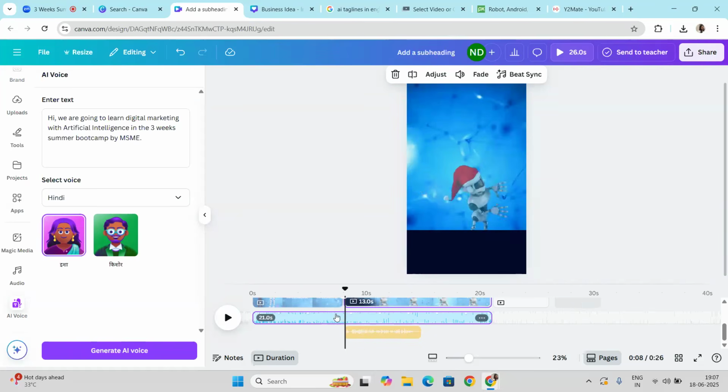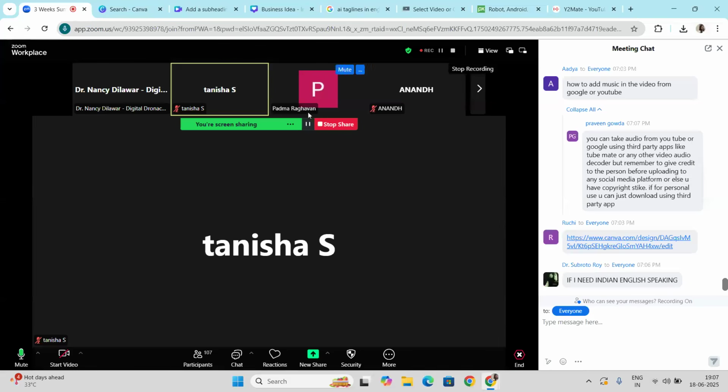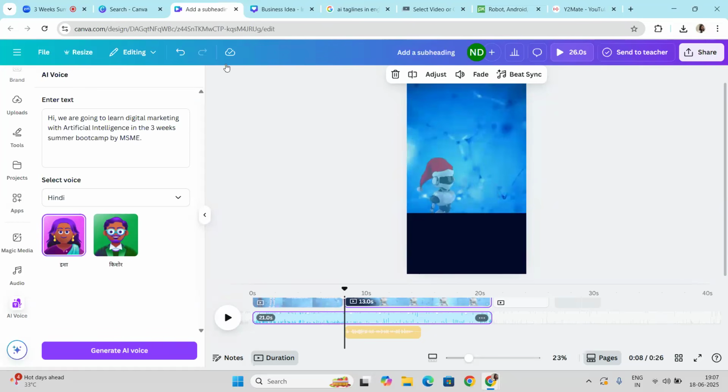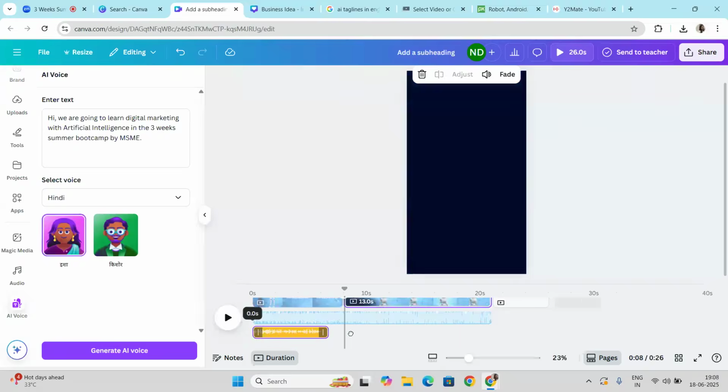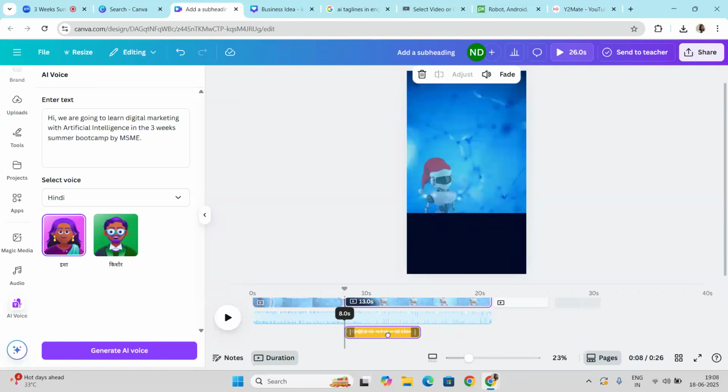So what I need to do, basically, is keep my cursor here. Just watch it carefully, because this is the basic thing that you need to understand. By clicking on the AI voice button, where my cursor is located, it's been added here. But you can manage where you want to take it. I want to take it from the starting of the second page, so that's why I have taken it right here.